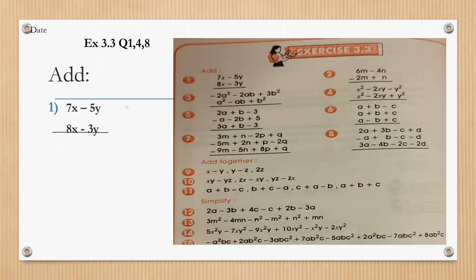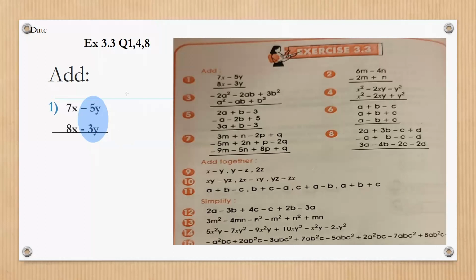Yes, students, now you can share your answers with me quickly. Minus 5y minus 3y. I'm looking at the chat right now. You can give me the answer quickly. Minus 5y minus 3y. When both the terms are negative, do we get the answer in positive or negative? When both the terms are negative, the answer will be